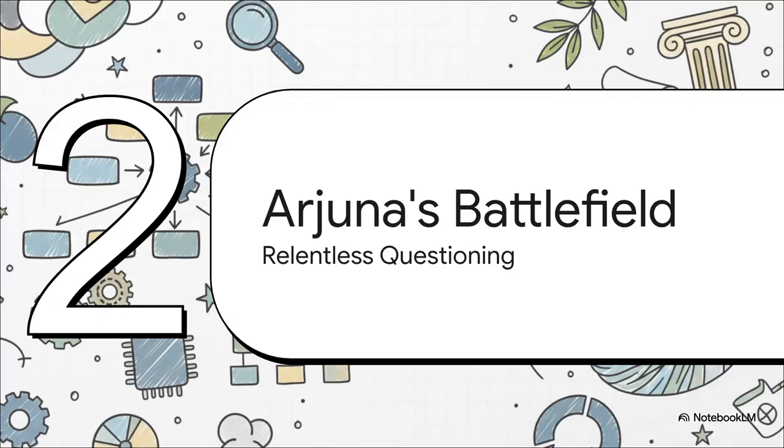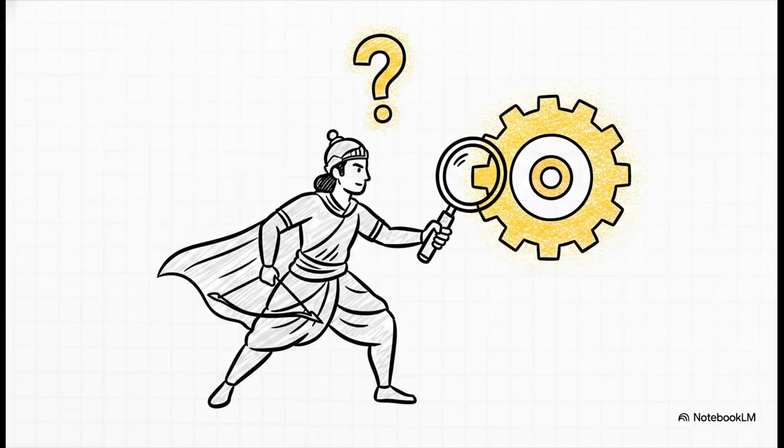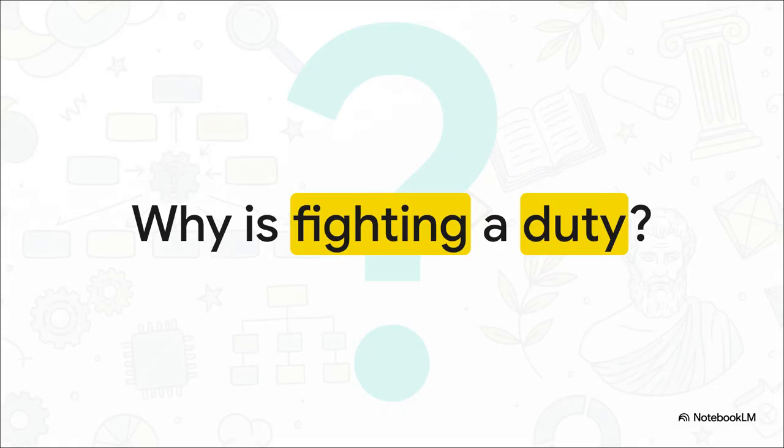Which brings us to Section 2, Arjuna's battlefield questions. Let's travel back to the Mahabharata. Arjuna and Krishna were close friends, sure, but Arjuna didn't just blindly follow orders. When Krishna told him that the body is perishable, but the Atma, the soul, is not, and therefore he should fight, Arjuna didn't just nod and accept it. Instead of being just a reluctant warrior, the text frames him as a critical analyst, demanding the deep whys of Dharma.